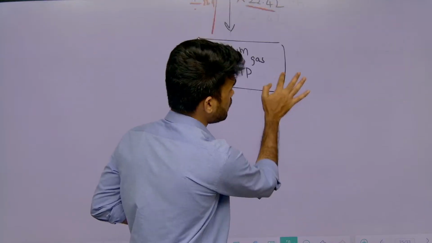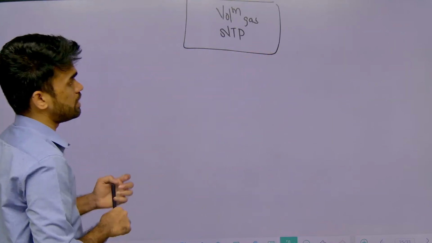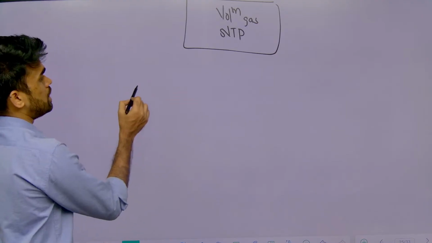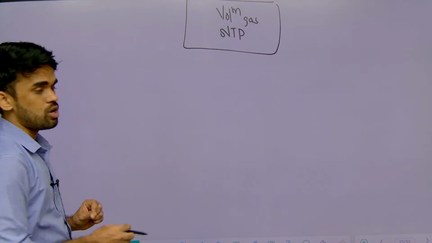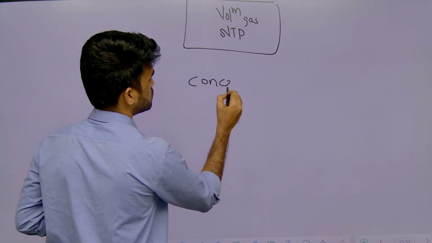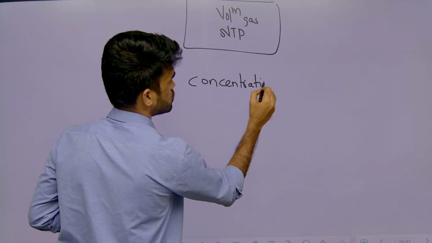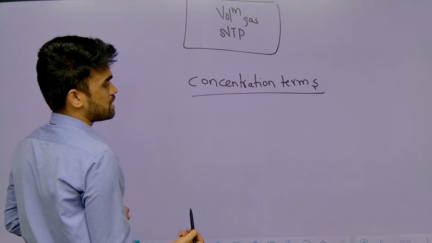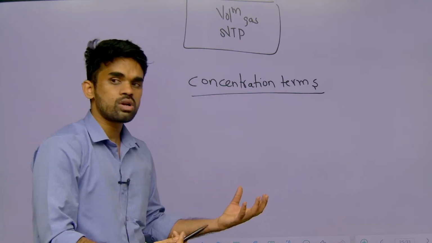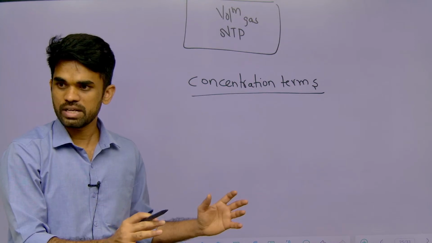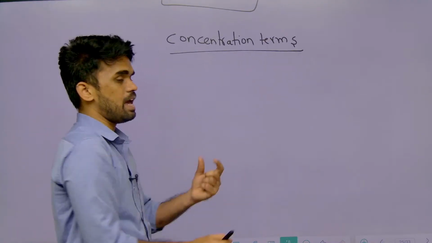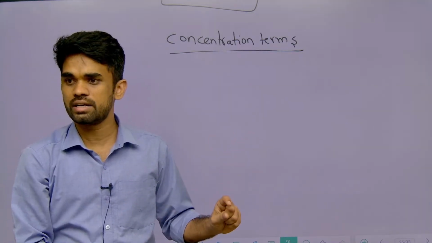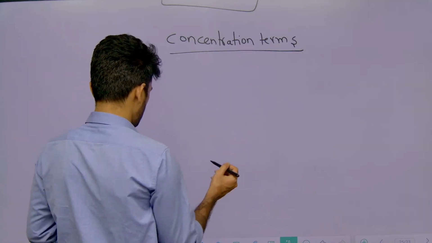Next. We did some questions also on this. Next we studied stoichiometry calculations and all. Now we will be discussing concentration terms. See, in chemistry we discuss solutions as more concentrated, less concentrated, this kind of terms. Like we say an acid is highly concentrated. So what do we mean by concentrated, diluted, all these terms? So it means,